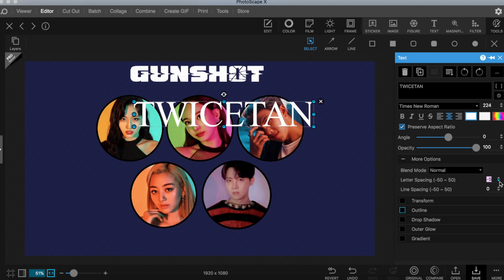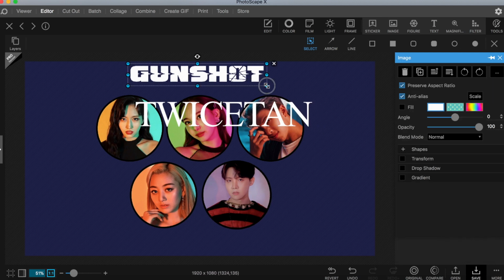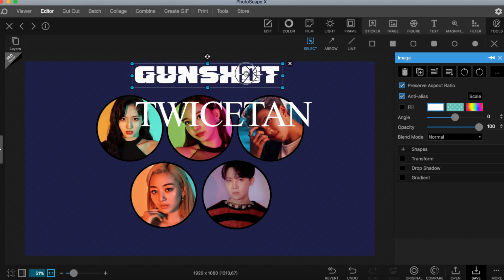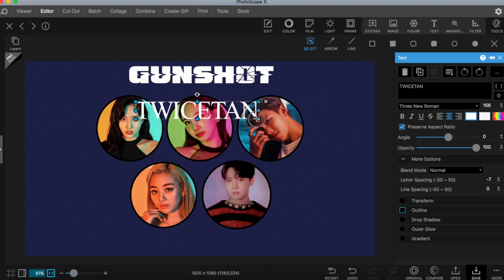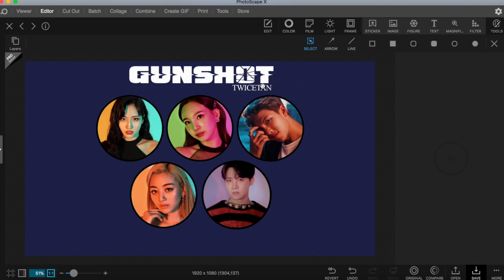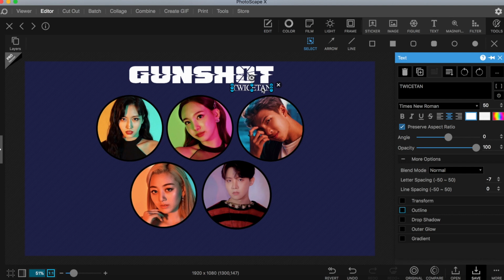I like to adjust the settings by making the text a little closer, but that's just my aesthetic. You can make the title a little bigger like I am if you want. It's all about readjusting and seeing what looks good for you. Then you're going to want to make the name of the group smaller, and I usually place mine to the right of the title. To create my logo, I use the same font, so instead of using the tool all